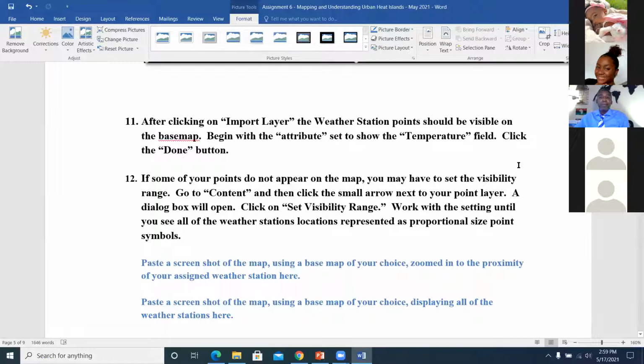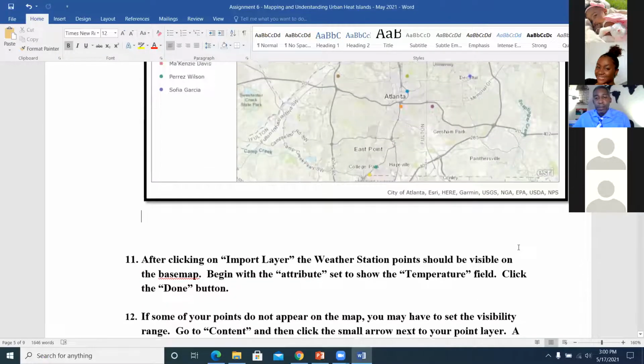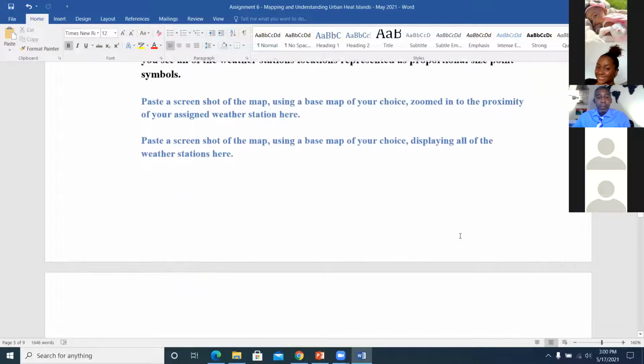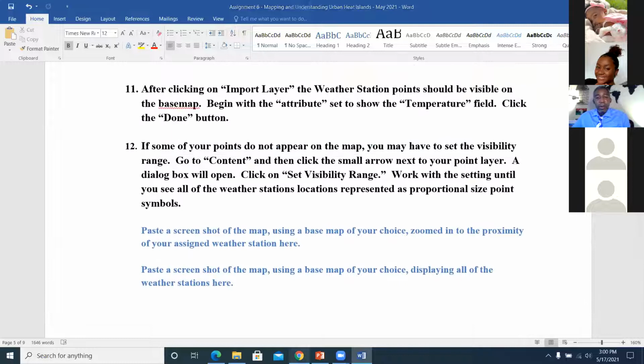So, okay, I'll show you how to do number 11, and I'll go back and get Deanna and the other student caught up. Okay, so here we are at